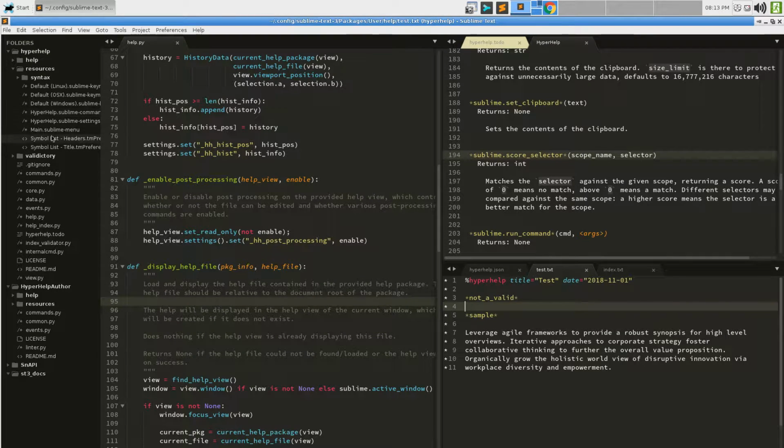And as a part of that, while it's copying all these resources we've already created, we can at that point create on the fly the color scheme file that we want and put it in our package, and then use it in our help system. Now, the reason why this is a fact finding mission is there are a few ways we can go about this. There are a few things that we could do. There are some things we could try. Possibly this isn't actually needed because I haven't actually gotten to the state yet where I look at the syntax and try to make everything match the scope guidelines in a sensible way.